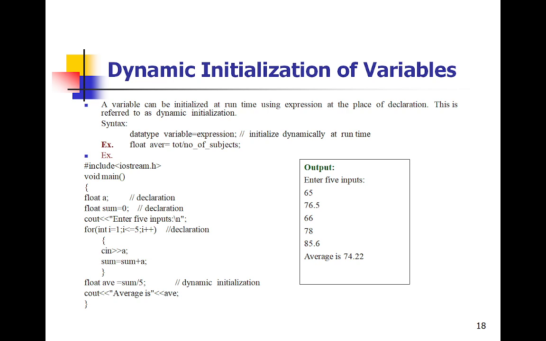Then the dynamic initialization. Dynamic means, as we already know, that it happens during runtime. During runtime, how can we initialize the variables? A variable can be initialized as static or it may be dynamic. Static means that the variable can be initialized, as you can see here in this diagram.